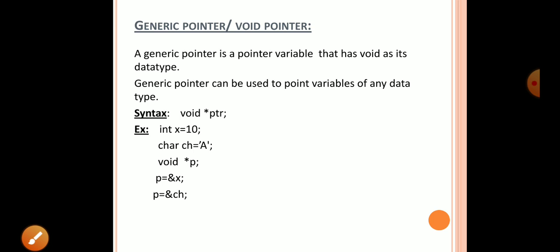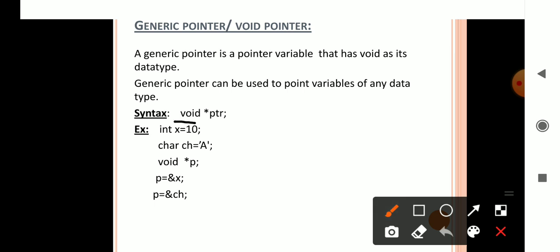Next concept is void pointer. A void pointer is a pointer variable that has void as its data type. That means we can declare a pointer variable by using the void data type. The purpose of a void pointer is pointing to any data type.